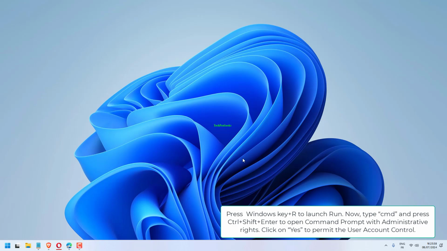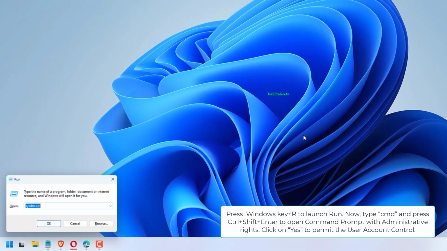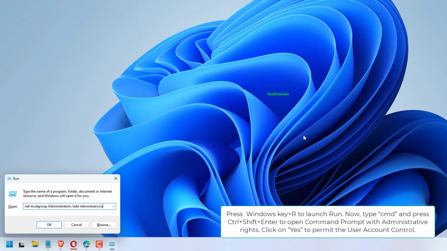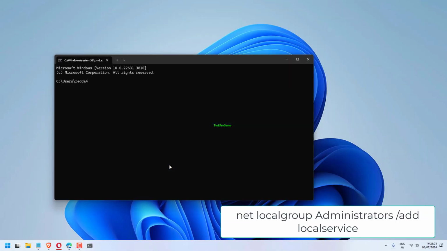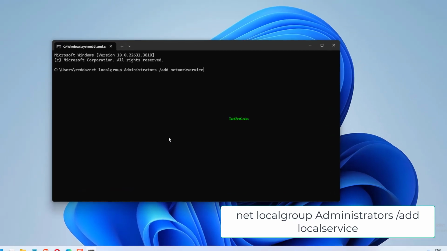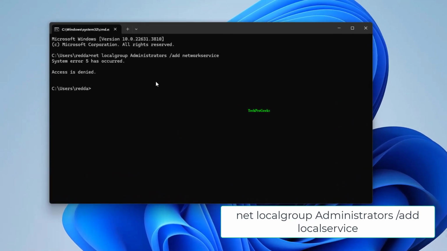Press Windows key plus R to launch Run. Now type CMD and press Ctrl plus Shift plus Enter to open command prompt with administrative rights. Click on Yes to permit the user account control. Now type or copy-paste these commands one by one in command prompt window and hit Enter after each of them